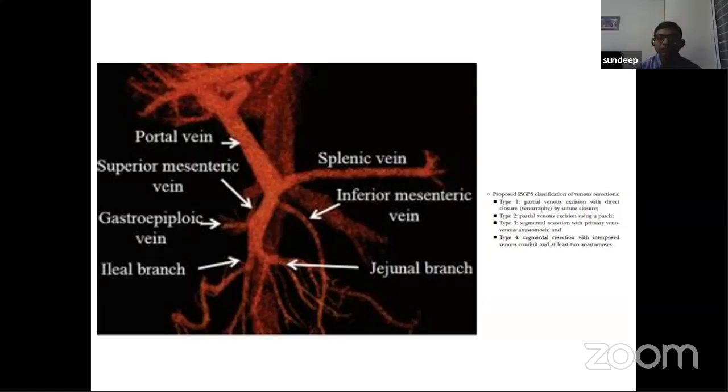Can I come in? Yeah, sure, please, sir. Actually, one thing regarding the apprehension related to splenic vein ligation, in most of our patients, the location of the segment which you are removing, whether it's below the splenic vein or opposite to the splenic vein, makes a lot of difference. And in case you are stuck in a situation where you need to sacrifice the junction of splenic vein and portal vein, this doesn't harm in any way in our experience. There have been 5 or 6 cases in which we had done that, and it can be done very easily without any post-operative negative consequences.